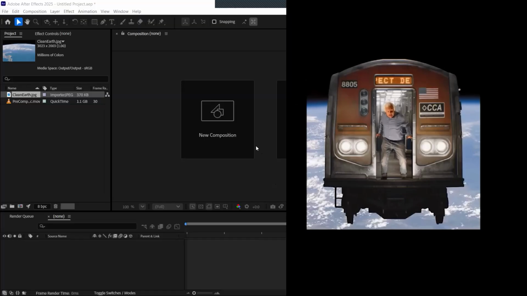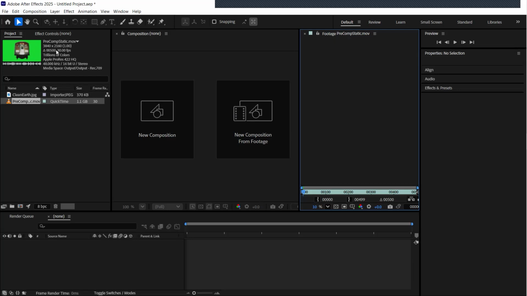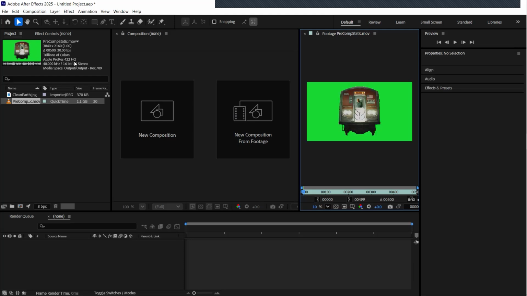This is the last episode of the low-tech Mega virtual movie behind-the-scenes tutorial. The last step in our closing shot makes use of the pre-composite of the figure in the subway car with the animated door rendered at 4K. Here it is, and you can see that we have a 4K rendering of the entire subway completely surrounded by green. It is 3840 by 2160. It's an Apple ProRes 422, plenty of color space to make a color key pull,